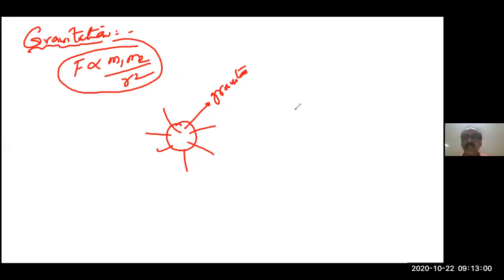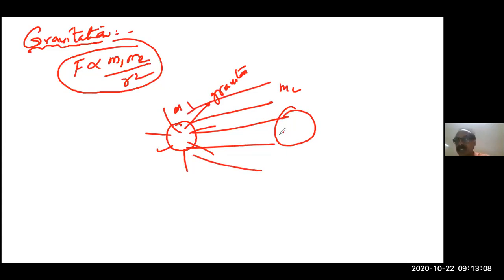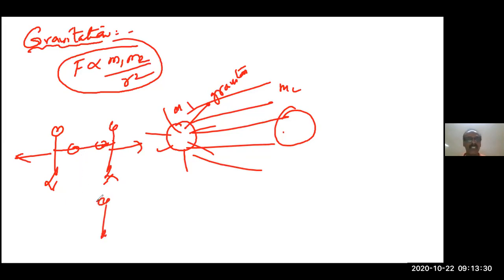So like that, two bodies you are keeping here. This is M1, this is M2. These particles are being exchanged between them. There are two types of particle exchange. For example, suppose here is one person, and here is one person. You are throwing an object to him. He just catches it, and then he will go away. This man also will go away. This kind of particle exchange is called repulsion. Suppose they both are looking this side, back to back, and throwing a boomerang that will come and catch here. This kind of particle exchange brings attraction.